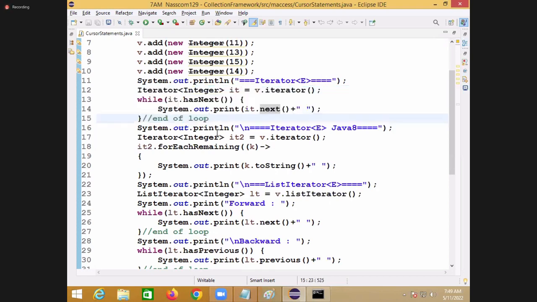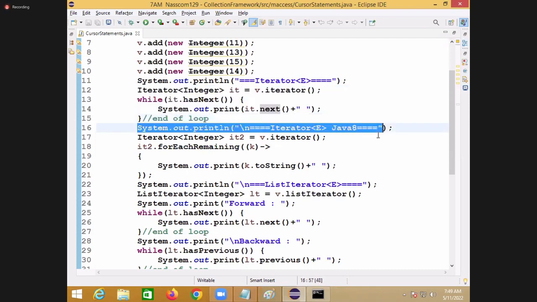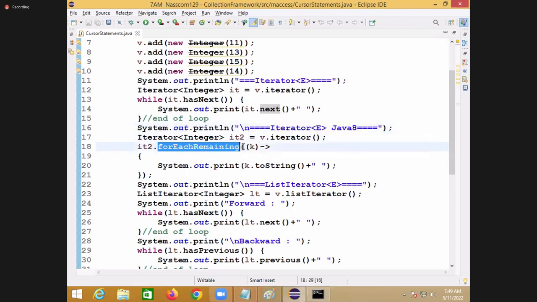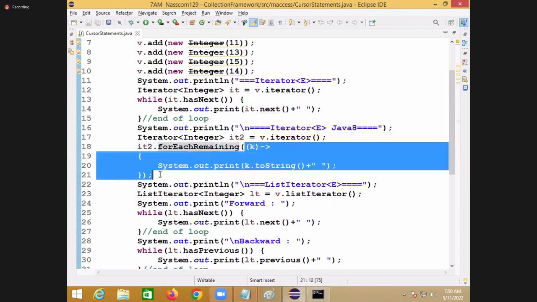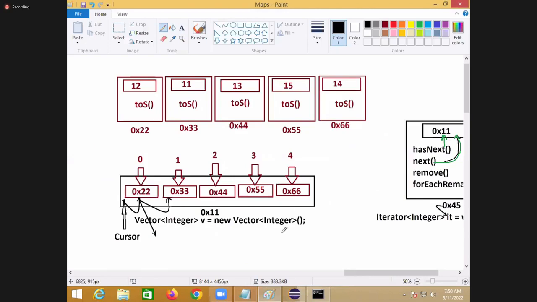So the point: no, sir, I want to use the new iterator. The new iterator means in Java 8 forEachRemaining has been added. To use this forEachRemaining, I created a second object. You already know forEachRemaining, yes or no? Do you remember forEachRemaining for iterator? Here the forEachRemaining method will move the cursor. Same point. This it2.forEachRemaining method's parameter is a lambda. This lambda is attached to the